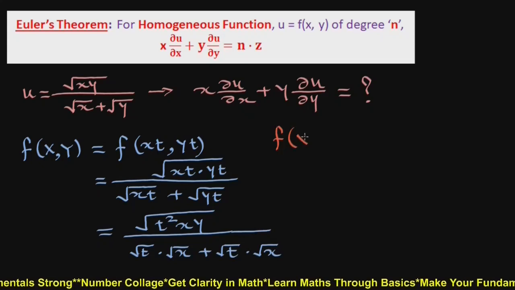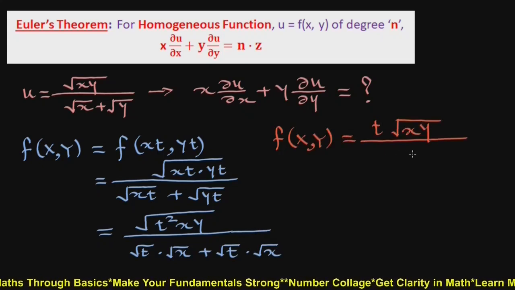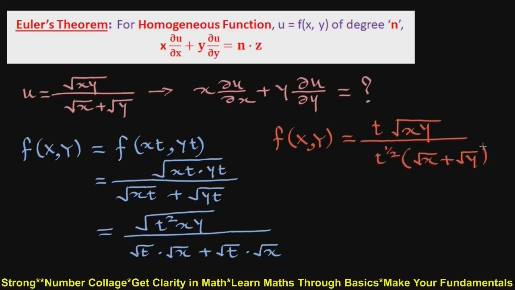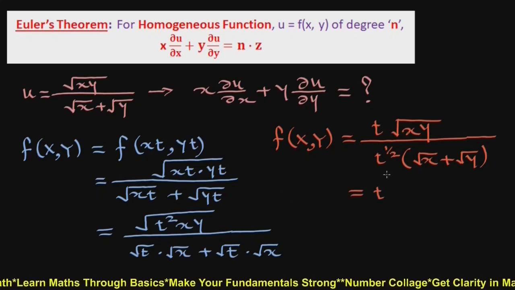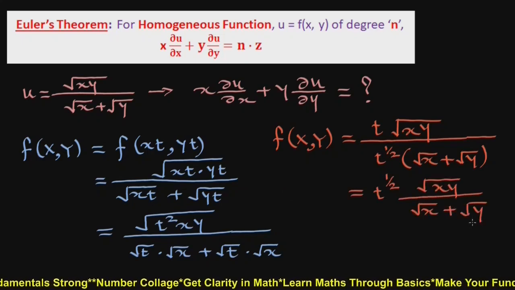So f of XY will be t square root xy upon t raised to half into square root x plus square root y, which is t raised to half square root xy upon square root x plus square root y,